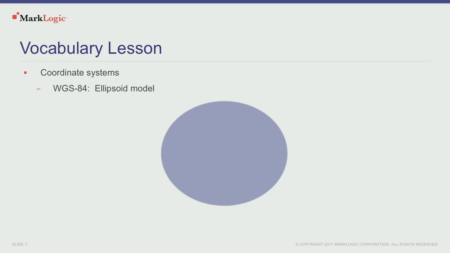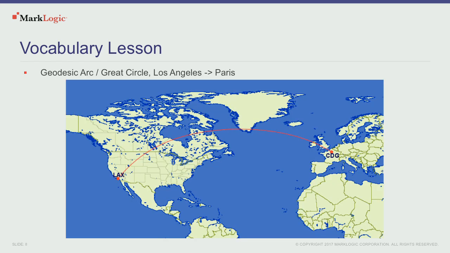The Earth actually bulges at the equator slightly. And that is what WGS84 attempts to capture as close as we can, that bulge that happens at the equator. So why is that important? If I asked you to draw me the shortest path between Los Angeles and Paris, most people would draw this line that goes right across here, but that actually is not the case when you're talking about an ellipsoid like